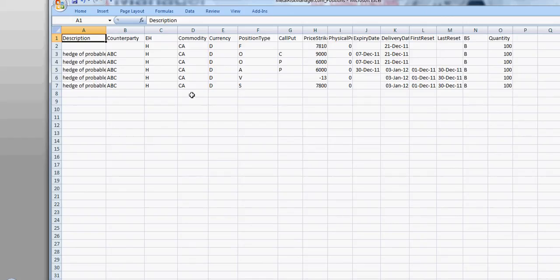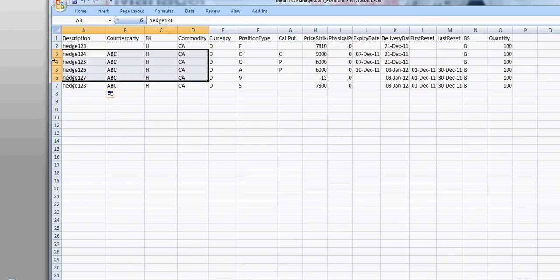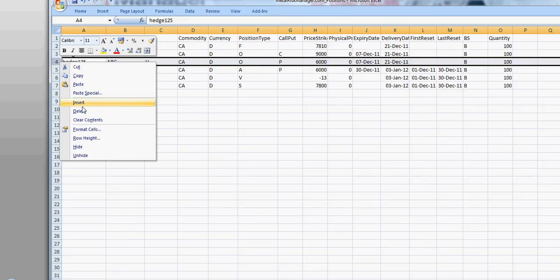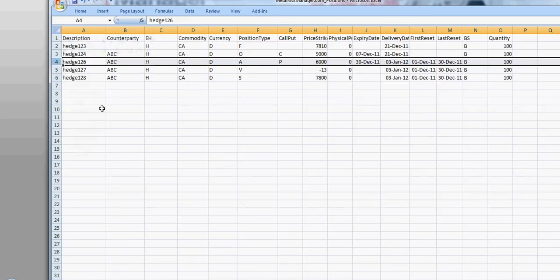So what we'll do is firstly rename the description, and we're going to get rid of those contracts that perhaps we're not going to trade. So we're going to delete those particular trade types,